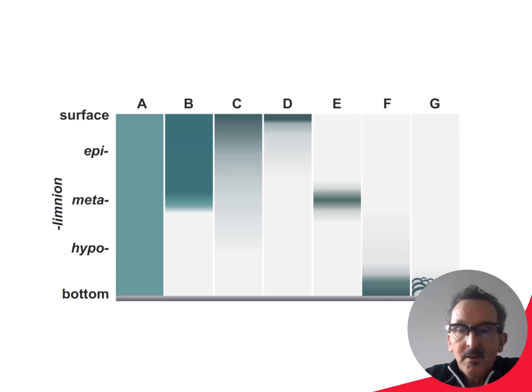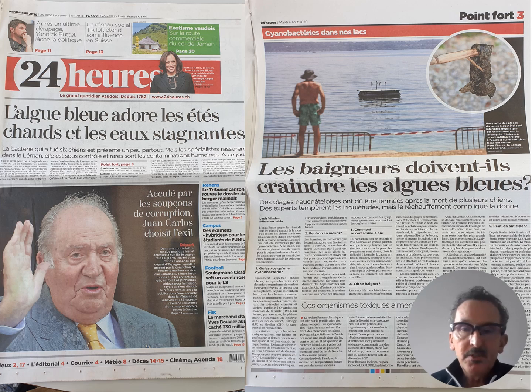In G, we're not going to go into much detail, but it is very much an upcoming problem. In G are benthic mats of cyanobacteria. And why is this deserving special attention? These are, for instance, headlines from newspapers where I work in Geneva. These are headlines about dogs dying in Lake Neuchâtel, which is not so far from Geneva.